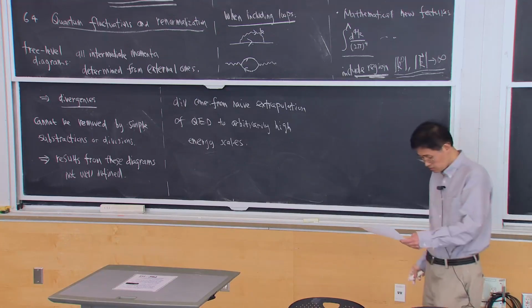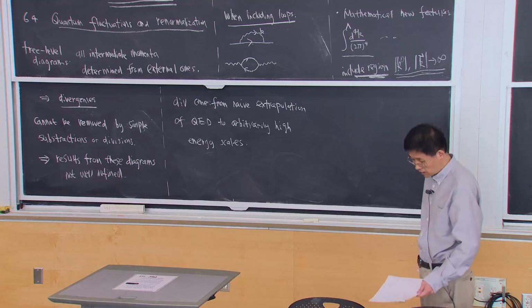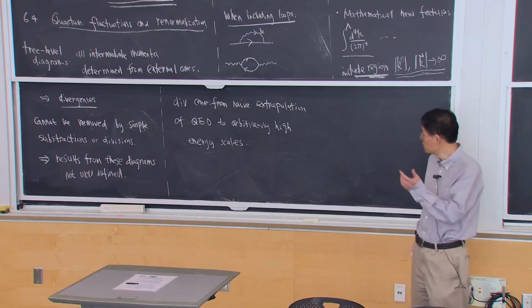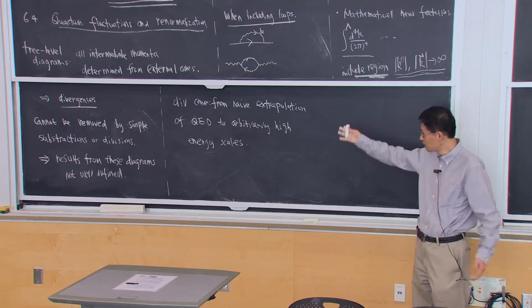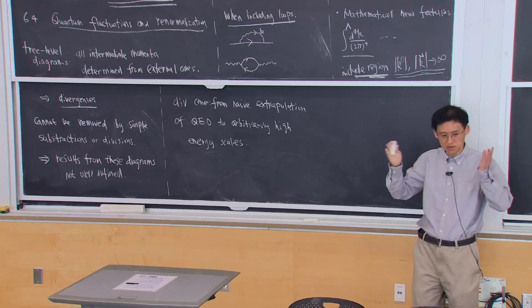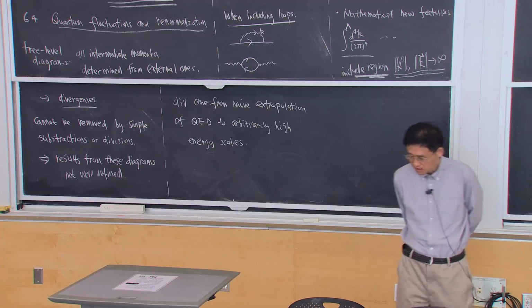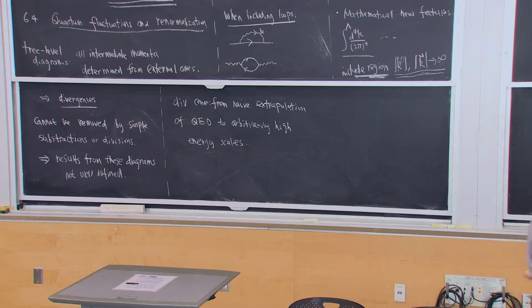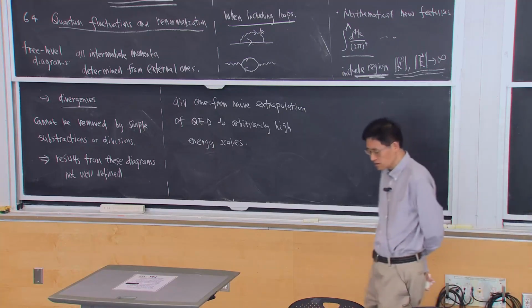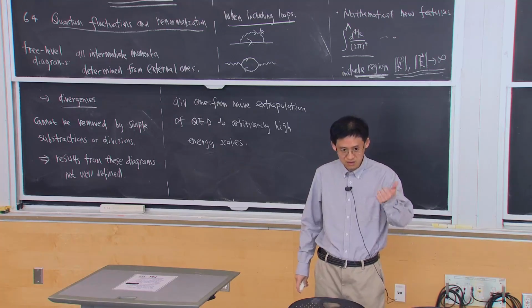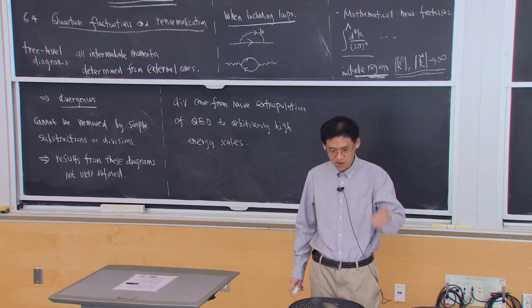And indeed, this point of view was justified. So for some years, people just gave up on these ideas. They said maybe this does not make sense. But then after the Second World War, in the late 1940s, a few young physicists at the time, Schwinger and Feynman in the United States, and Tomonaga in Japan,